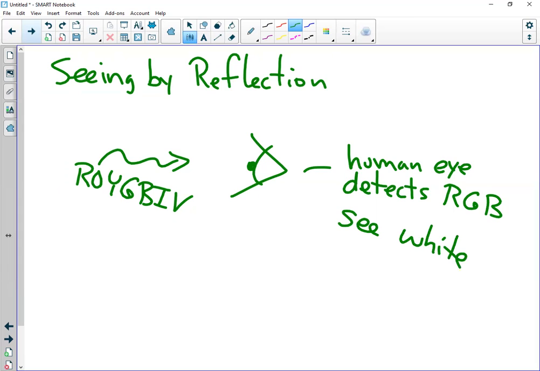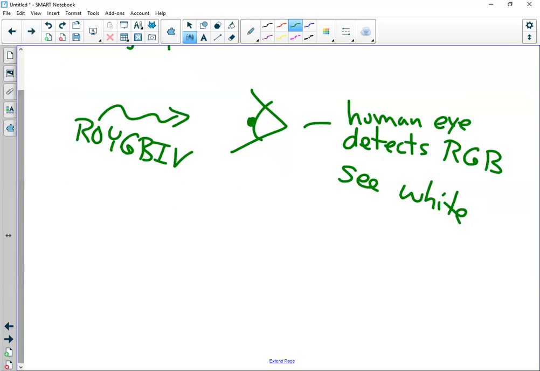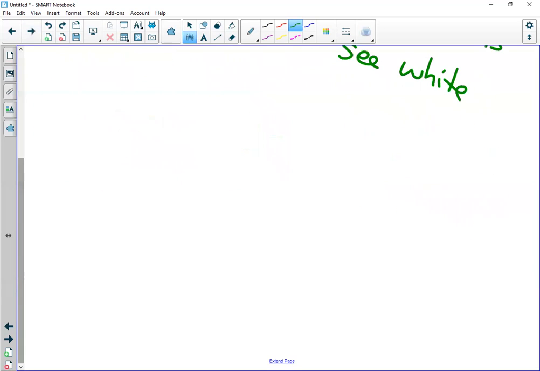If we see different percentages of different parts of this visible spectrum, that's how we see different colors. Okay. And then a lot of what we see is because of light reflected off of it. So for example,